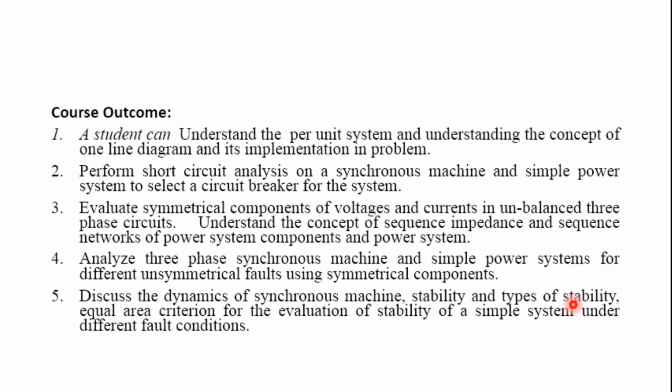Contingency is nothing but the failure of one or more components at a time, either with a generator, a transformer or a line, whatever it may be. So how is the system going to behave when subjected to these sorts of conditions? In stability there are different types, as we mentioned: transient, steady state stability, all those things.